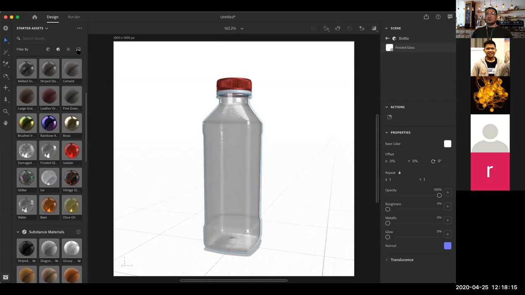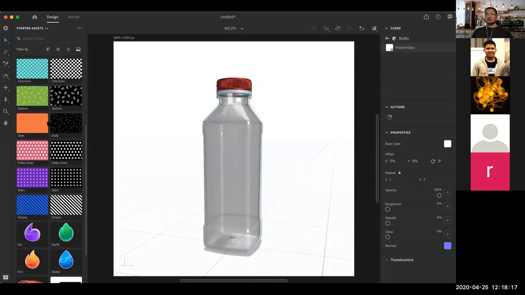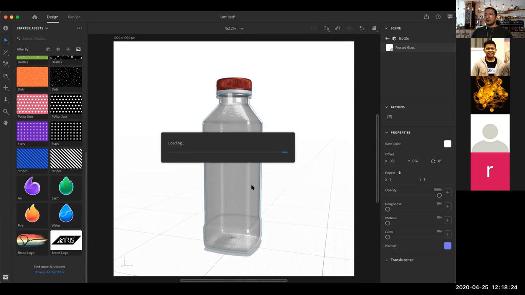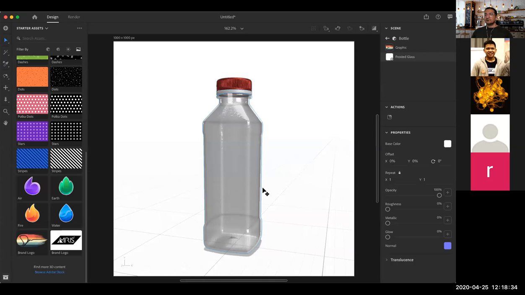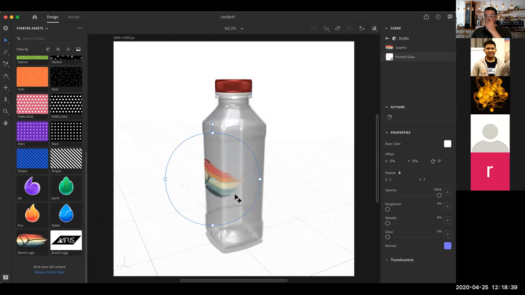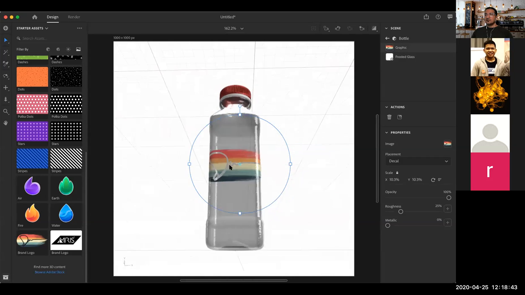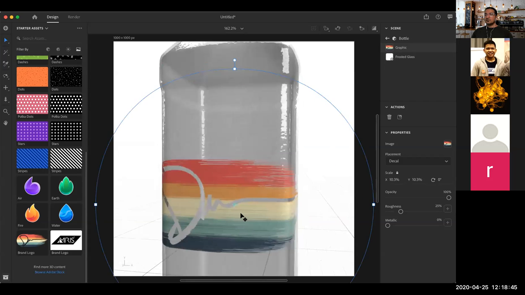And then I'm going to go down to my images, which is another tab over there. I'm going to put a logo on it, right? So I'm going to just drag a PNG logo onto the bottle, and you will see the logo will stick to the bottle. Okay, here we have the logo. There you go, right? You can see that now we have the nice little logo on the bottle itself,